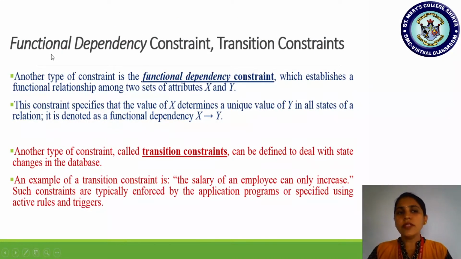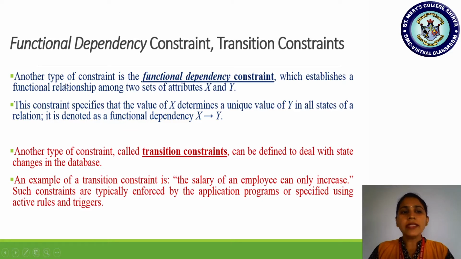Well, to begin with functional dependency constraint, let me tell you all that till now we have discussed different types of constraints like null constraints, entity integrity constraints, foreign key constraints or referential integrity constraint, and semantic integrity constraints. In today's session I'll be teaching you functional dependency constraint and transition constraints. So note down these various types of constraints we have come across, and any type of constraint could be asked as a 2-mark question for part A.